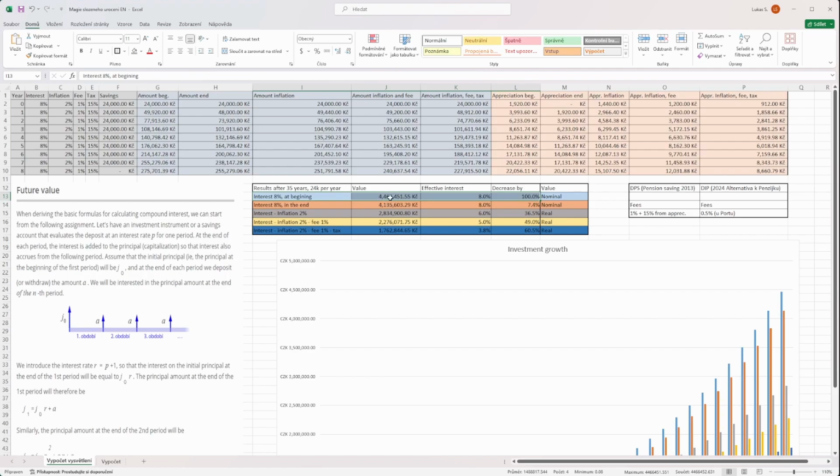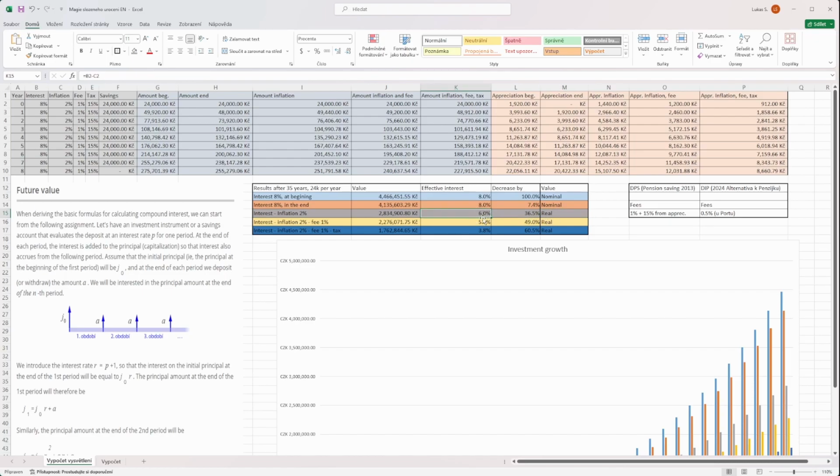almost 500,000. Now just this slight change that we will be putting these 24,000 in the end, which means they are not put into calculation for interest. You see that it creates the difference on these 35 years of 7.4%. But these two are still nominal because we just changed when we add this, let's say, money into our investment. Now if we take into account inflation, so inflation, which is real